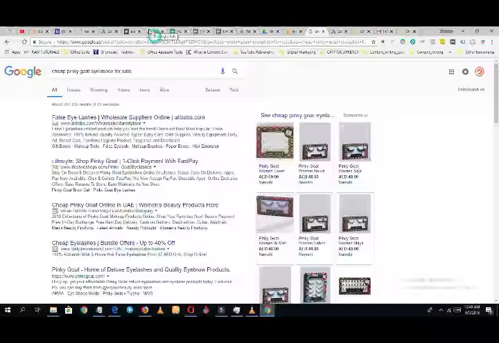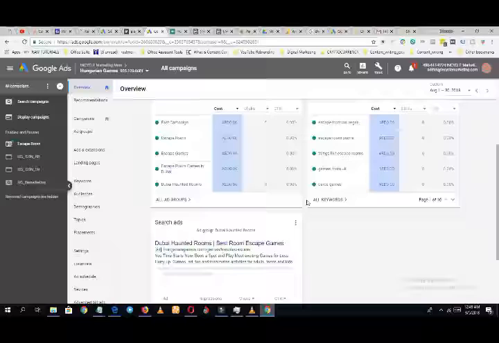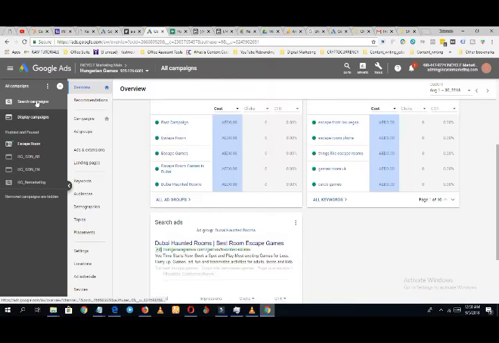So getting back to our platform, where we are going to design these ads for you or set up these ads, I'm going to walk you around the different kinds of campaigns, the major ones. Number one is the search campaign, and secondly is the display campaign. As you can see here, this is a display campaign and this is a search campaign. For now, we're going to be treating the search campaign, and in subsequent videos,